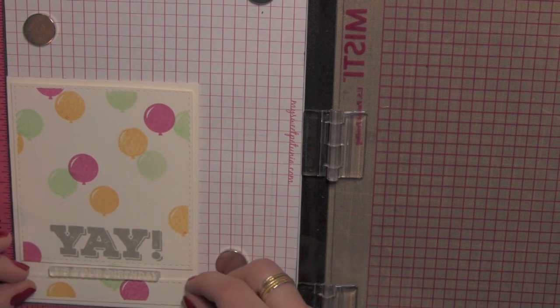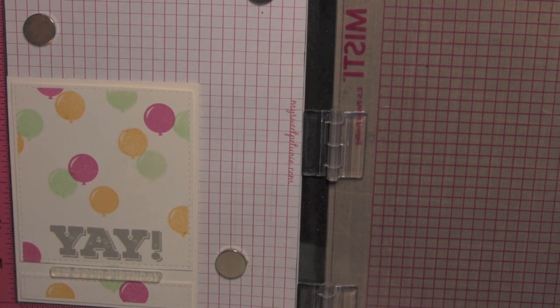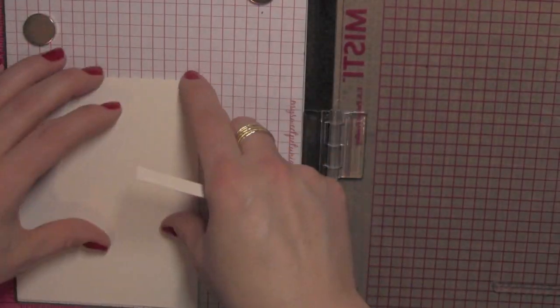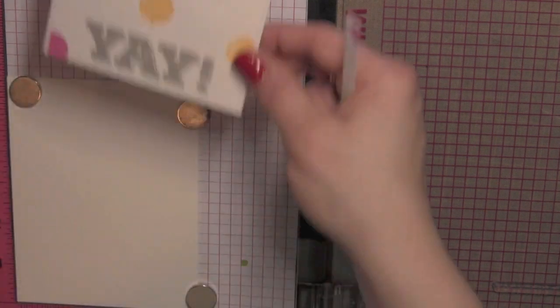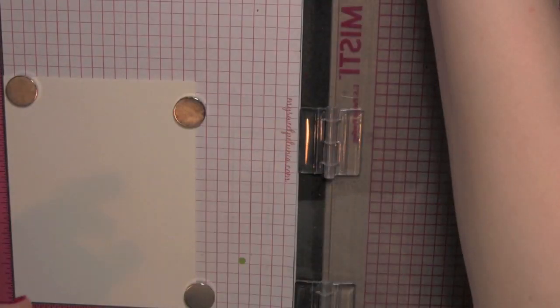So I'm going to lay out my 2 panels. I'm going to position that it's your birthday greeting where I want it to go, and then I'm going to shut the MISTI and pick that up so it assures that when I stamp that, it's going to be exactly where I want it. I'm going to ink up the It's Your Birthday with some Simon Says Stamp black ink